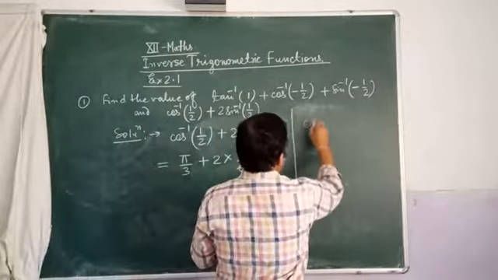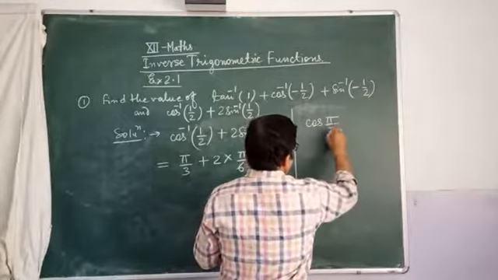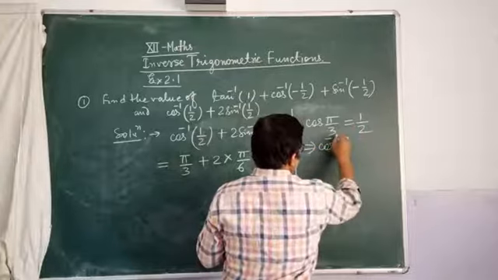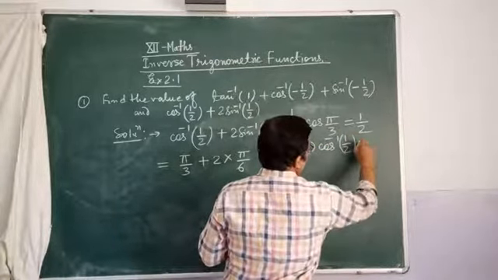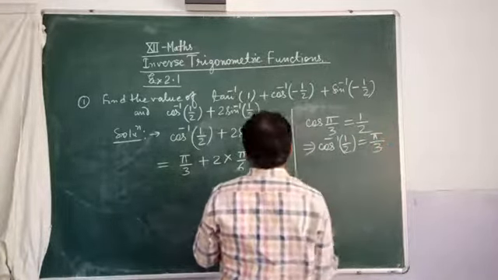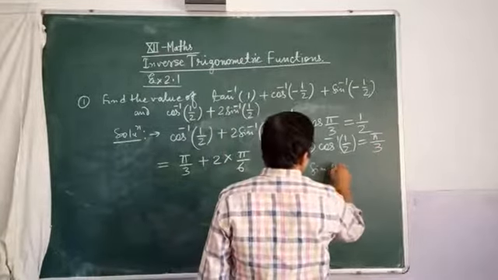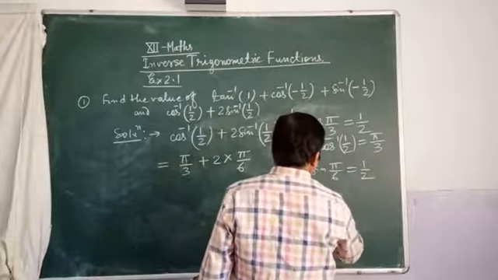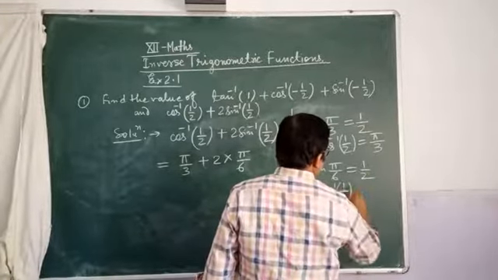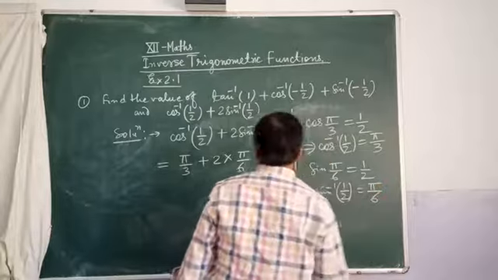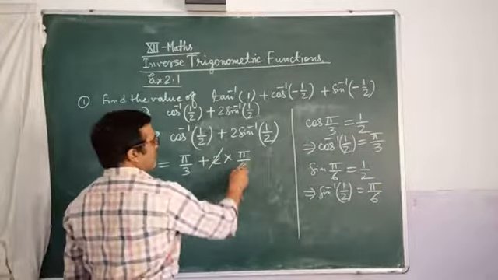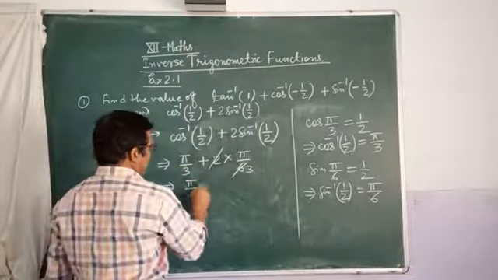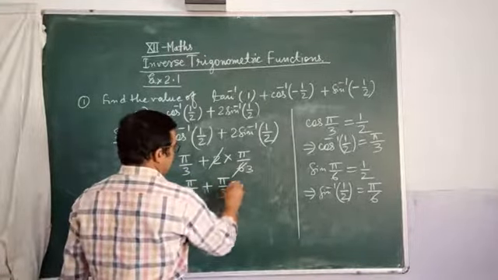Since we know that cos pi by 3, cos 60, is equal to 1 by 2, this implies that cos inverse half is equal to pi by 3. Similarly, sin pi by 6 is equal to half. This implies that sin inverse half is equal to pi by 6. We put the value, 2 threes are 6. Now we solve it. Pi by 3 plus pi by 3 is equal to 2 times of